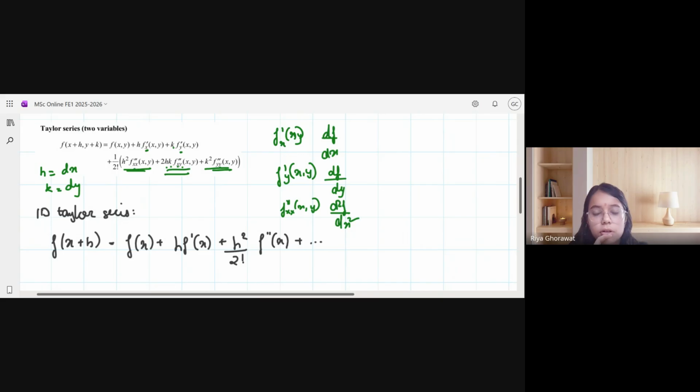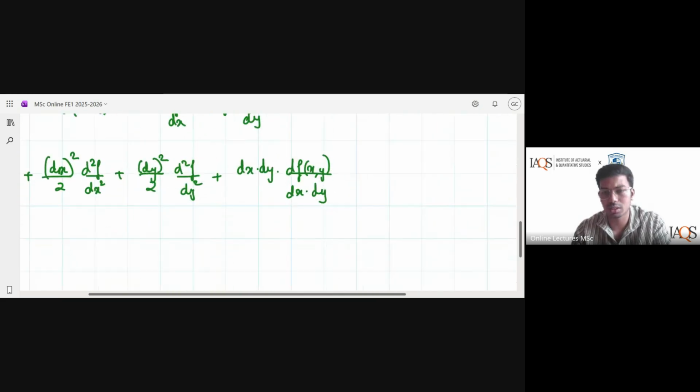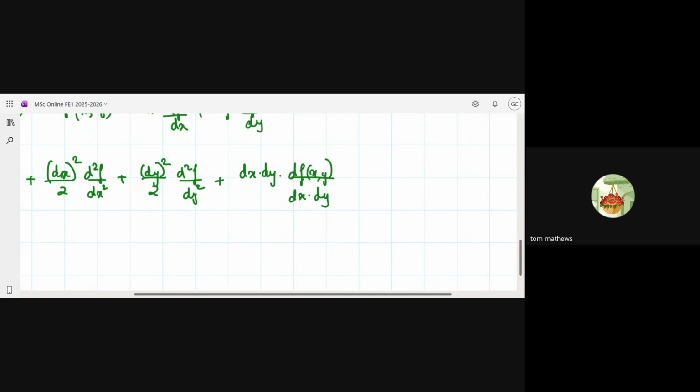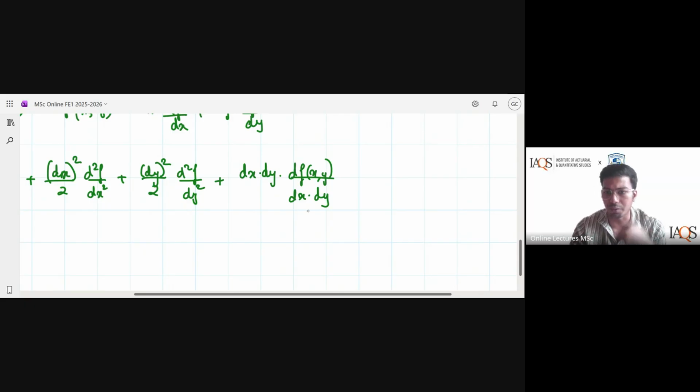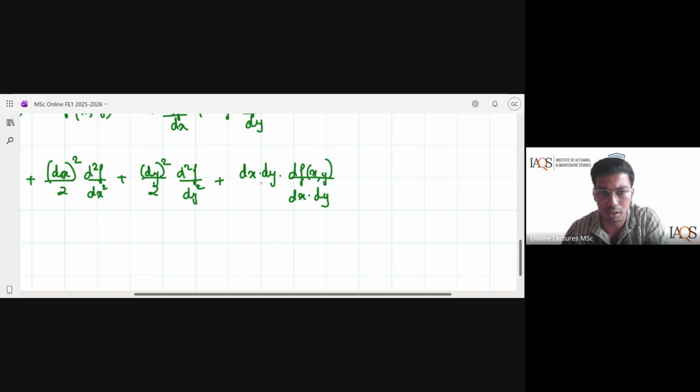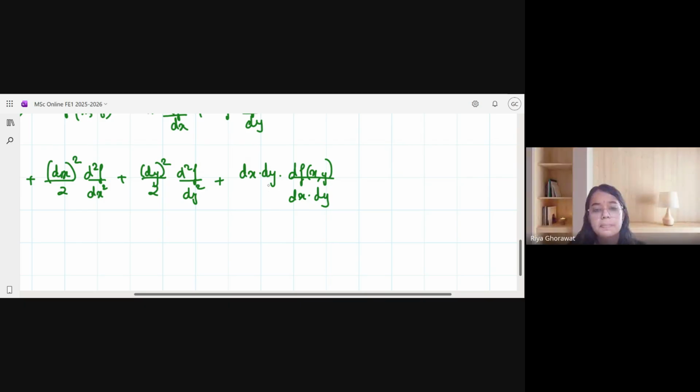Like, you differentiate the function first, assuming y is constant, taking x as the variable of differentiation. Then you assume x to be constant and differentiate with respect to y. So it's a two-step differentiation. You won't have to solve this differentiation anytime, but when we derive it, this entire term will go towards 0. The order, dx dot dy or dy dot dx, won't matter here. You won't have to differentiate this.